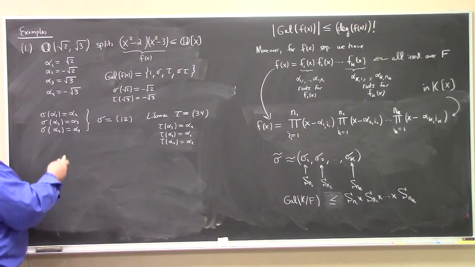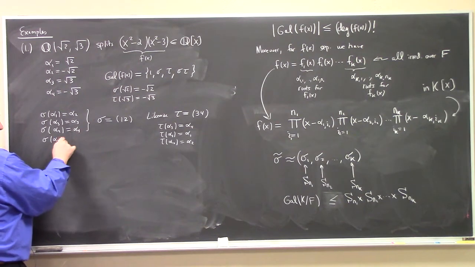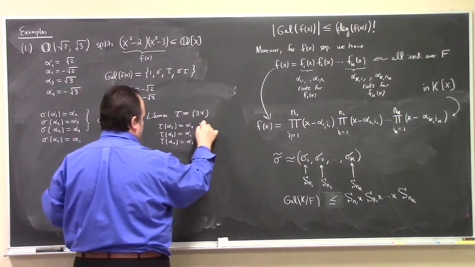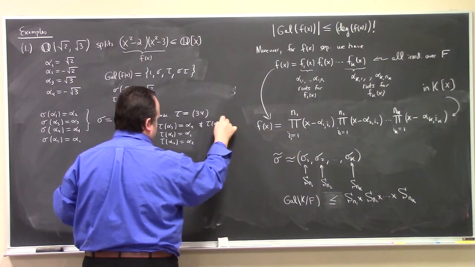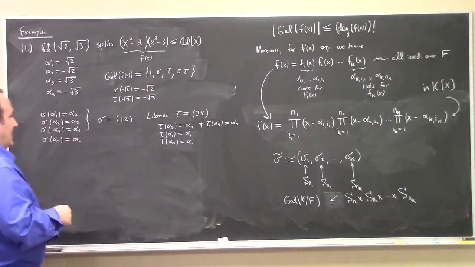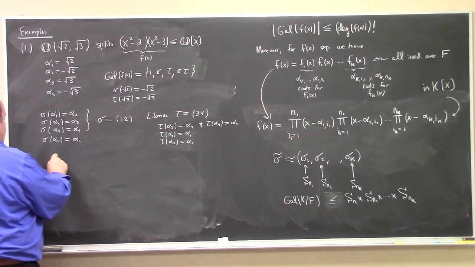I guess that kind of matters, doesn't it? So we have sigma is the 1-2 cycle, tau is the 3-4 cycle, and so in fact the Galois group here